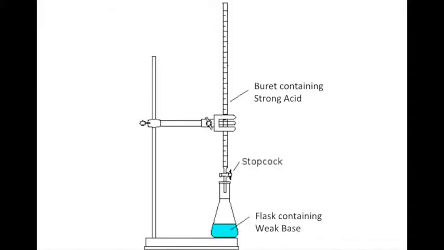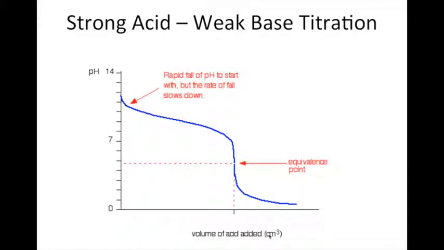In this video, we're going to continue analyzing a titration involving a strong acid and a weak base. Our titration would look something like this, where we would have our strong acid in our burette, and we would be adding certain volumes of the acid into a flask containing a solution of weak base. Our titration curve would look something like this, where we start out very basic, ultimately end up very acidic, and our equivalence point would be somewhere